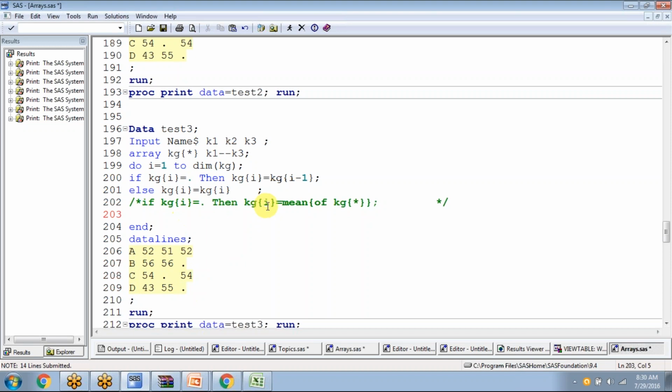So how to do that? If data is missing, I want to replace with average values. So if kg of i equals dot, then kg of i equals, you have the mean function, right? Mean of,